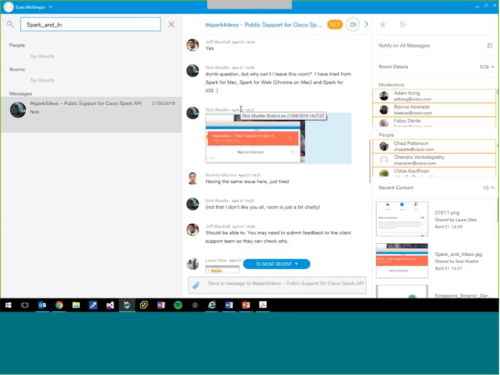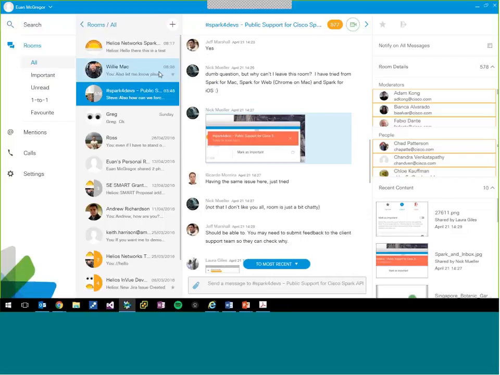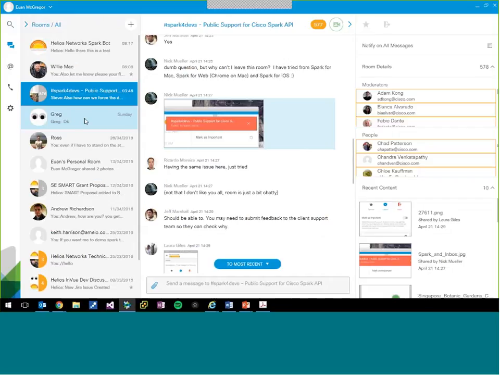Now that's searching across all the rooms, it's not just in this specific room because it's selected. You can search for phrases, people, rooms if you've got so many rooms. But this room here is actually a public room, and it's quite a good example because it has 578 people inside it. It lets me see who's external to my business. All these people are. There's no one else in this room. And you can see, by the way, whether people are inside or outside my organization. So be careful what you're putting in here.